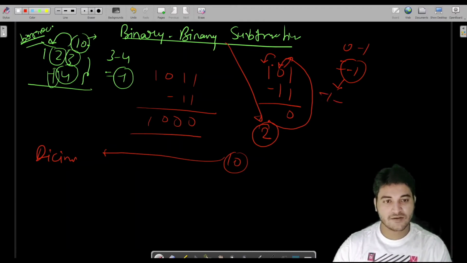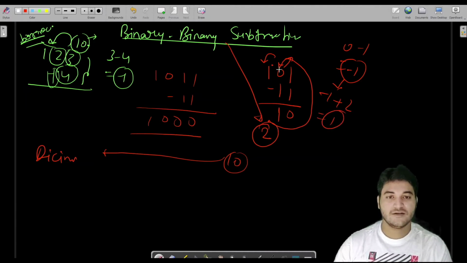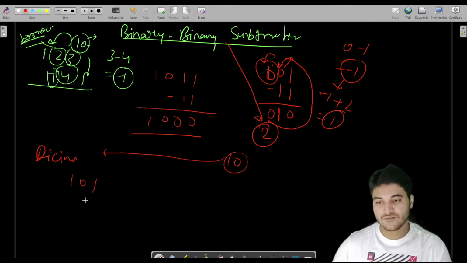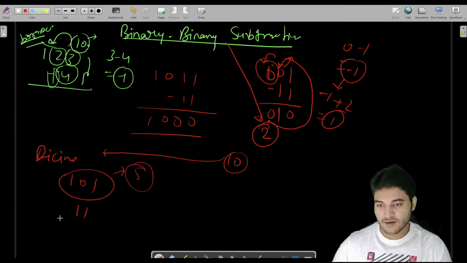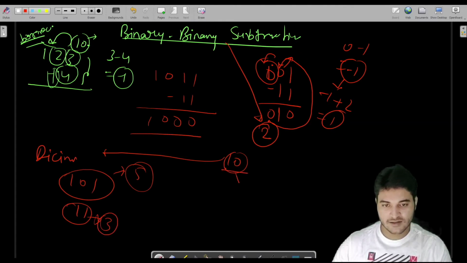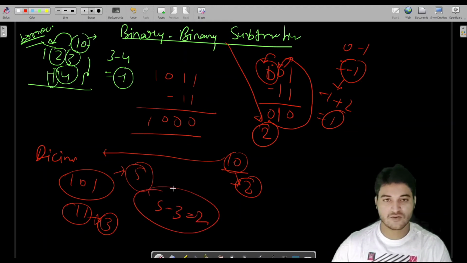We add the base to this. So minus 1 plus 2, which is 1 now. So we write 1 here, and we have already taken one borrow from the next digit, which means it has become 0. So 0 minus 0 is 0. Let us prove this also, whether we are going to get 10 or not. We have 101 and 11. This is the decimal for 5 and this is the decimal for 3, and we got 2 as the answer, which is the decimal for 2. So 5 minus 3 is equal to 2. We have proven this also, because we are following the same approach.